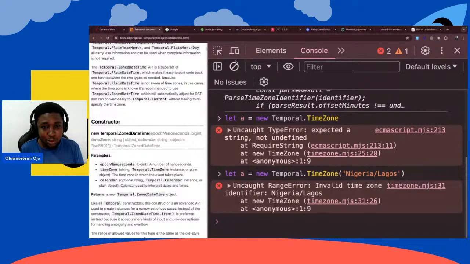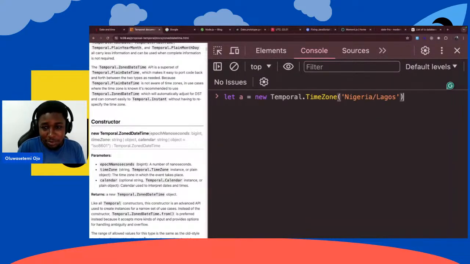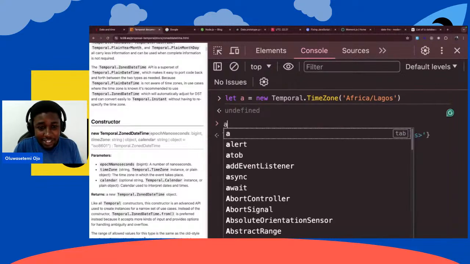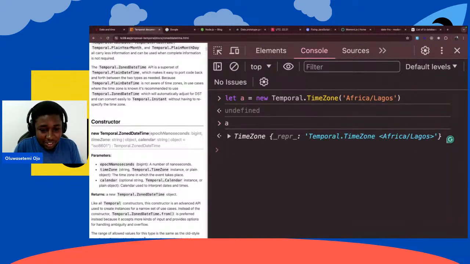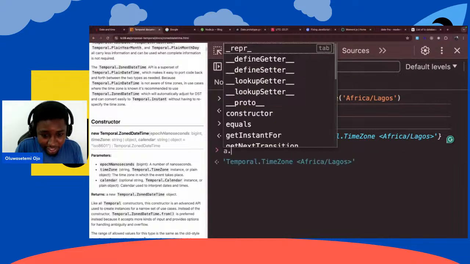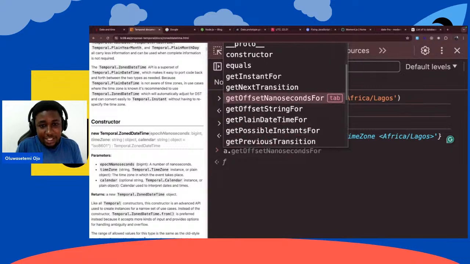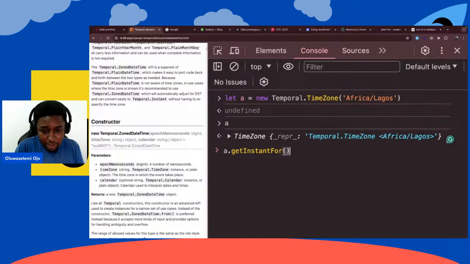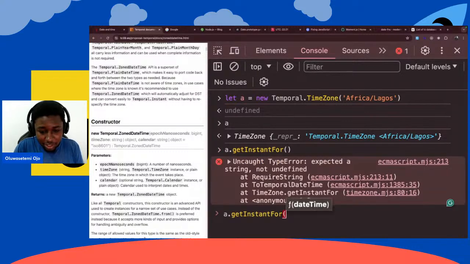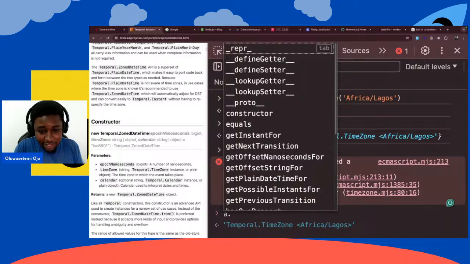So instead of doing Nigeria, it's supposed to be Africa/Lagos, right? And now it's a real thing. So it's now a time zone that we've created, and we can now get the instant for that. Can we do this? A dot get